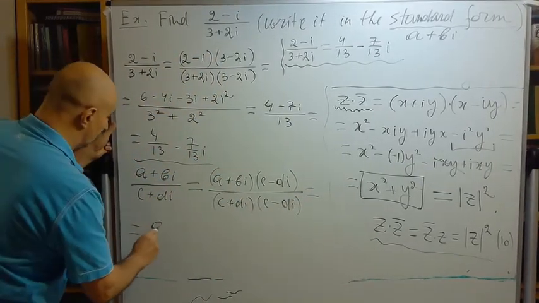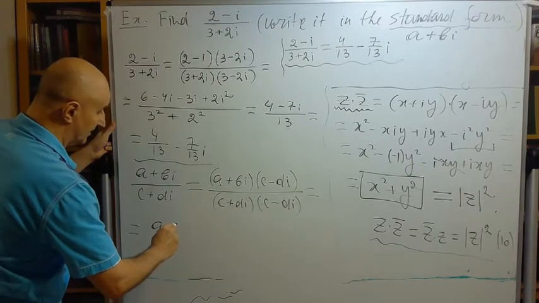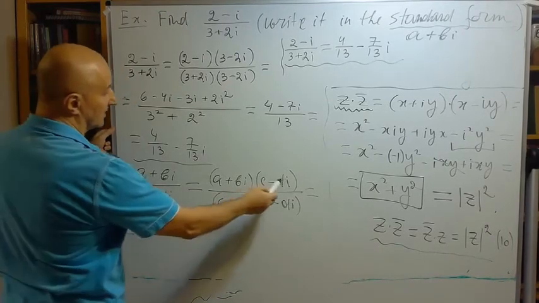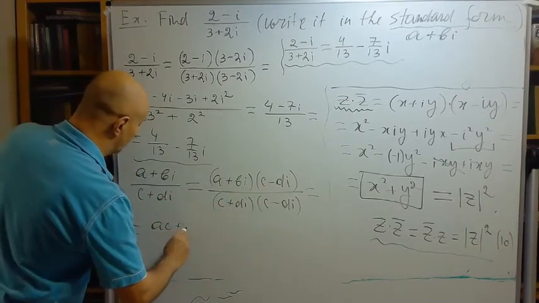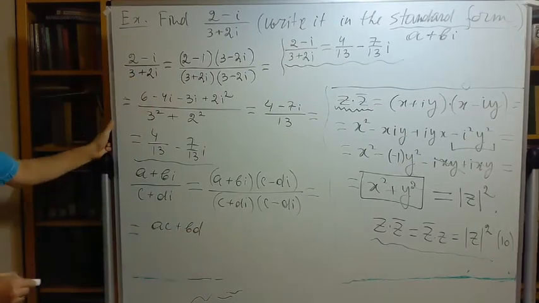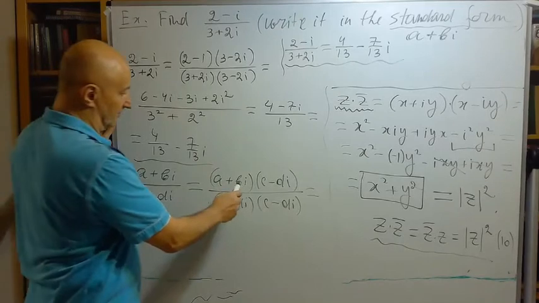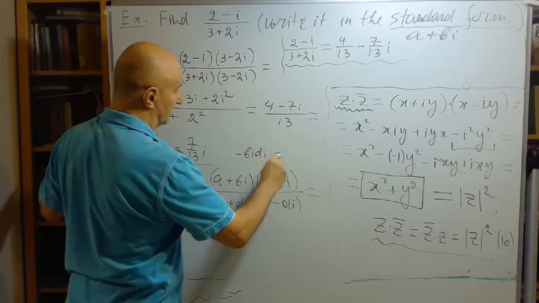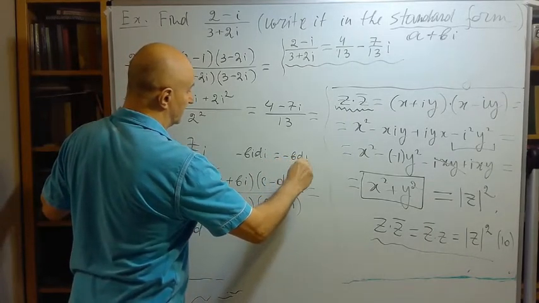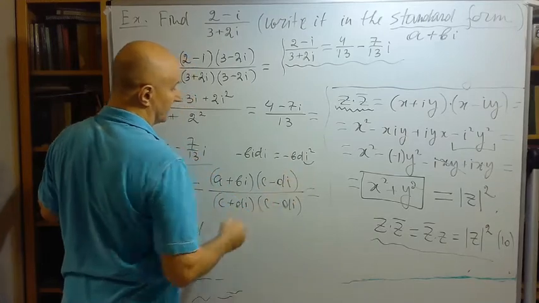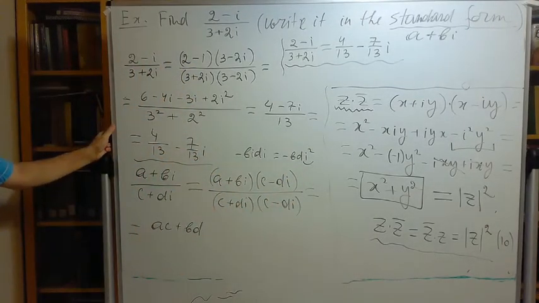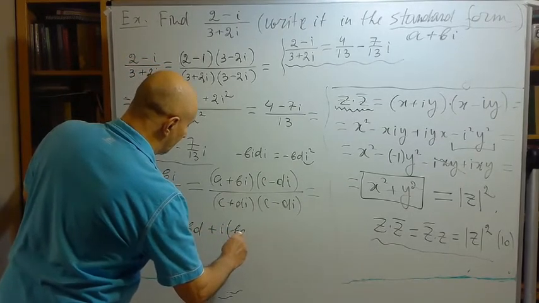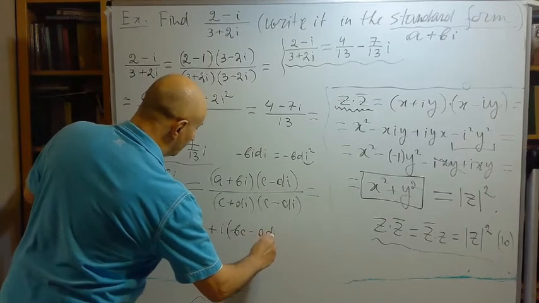So it will be ac, and here will be bd with minus and another minus from I squared. So plus bd, right? When we multiply these two terms, what we will have? bi di with minus ahead of it, yes? So it will be minus bd I squared, and I squared will give another minus. So ac plus bd plus I multiplied by bc minus ad